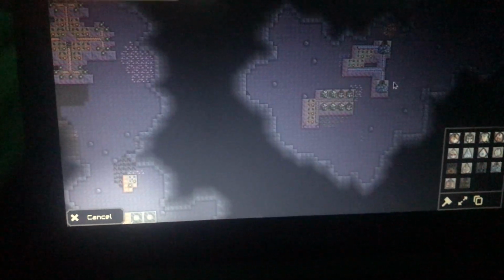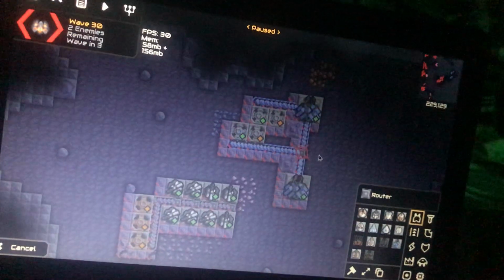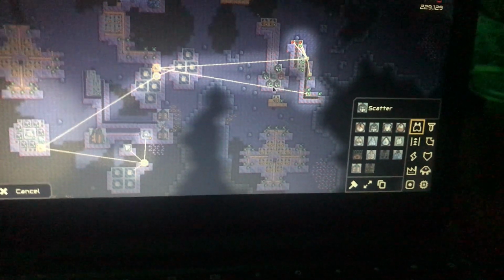You get a bunch of scatters over here, some fuses. You know, I like how these maps were thought out a little, because many of the maps I see still have fuses using graphite, which was changed in the update to be titanium and thorium. I don't think we've had a turret that uses pure titanium before. So we have another fuse up here with more titanium, some more scatters,